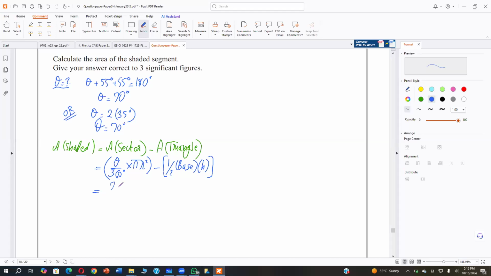Theta we got is 70 degrees, so 70 upon 360 into pi into 9 squared, minus half into